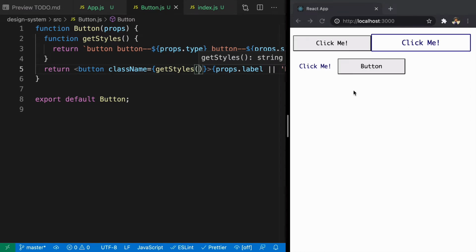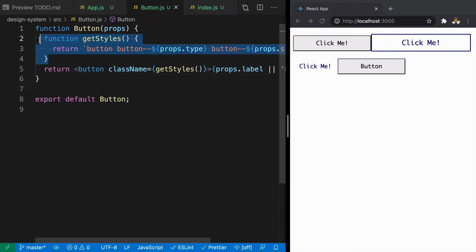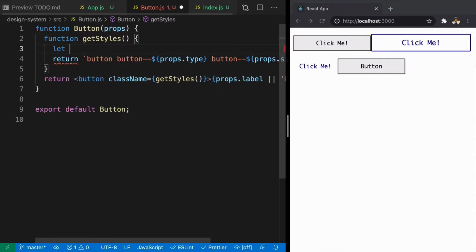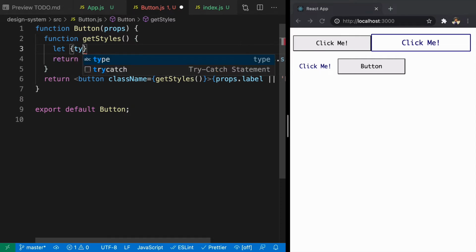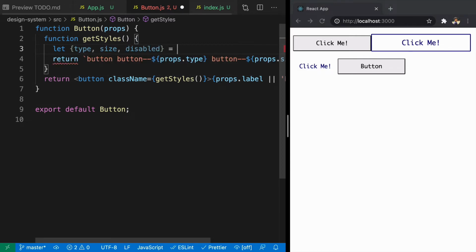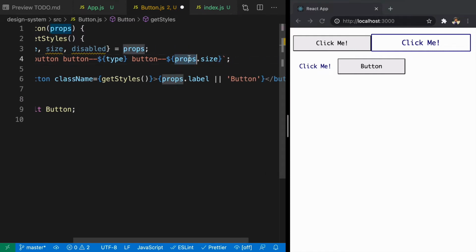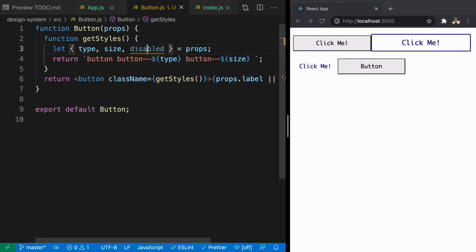We'll save it, and here we will see that all these different buttons have different styles. Can you see that? So by using this function, we are able to add different styles based on different props that we are getting from here. The other way to do that would be we can just get access to all these things like type, size, disabled from props, and instead of using props again and again we can just say type, size, so we don't need disabled here.